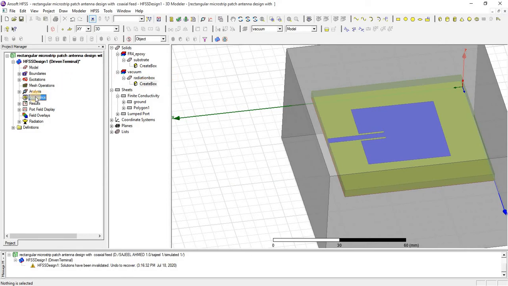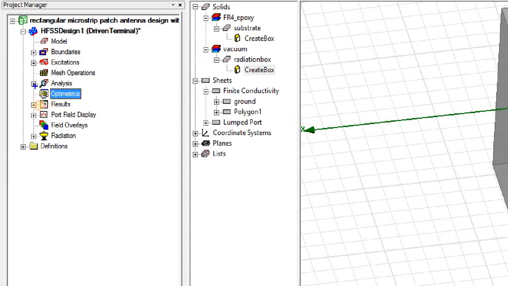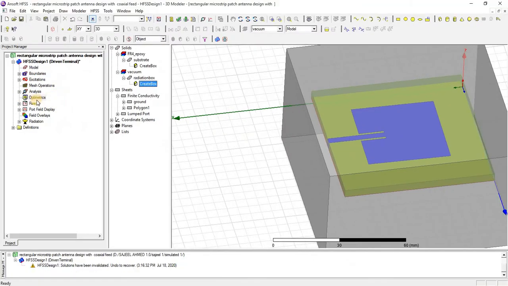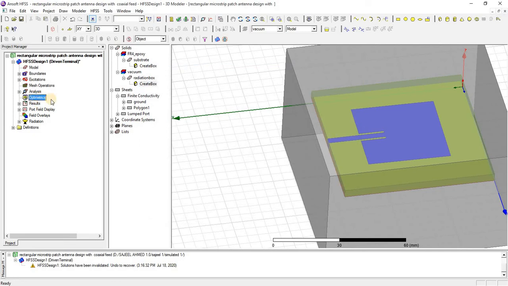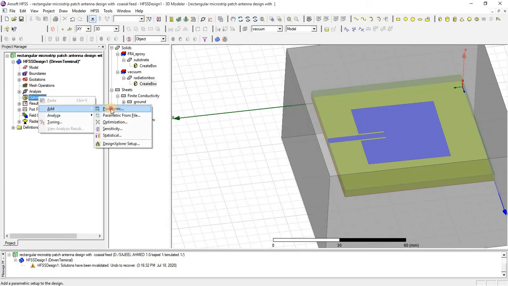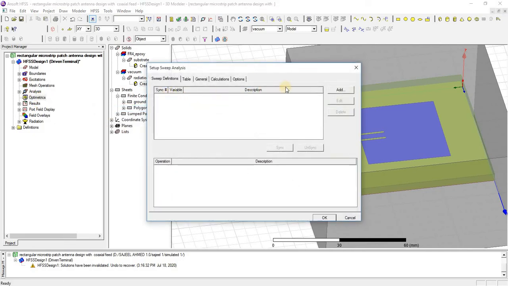Now, how will we do a parametric analysis? Just go to this tab. We have different options; this time we will see the parametric analysis.